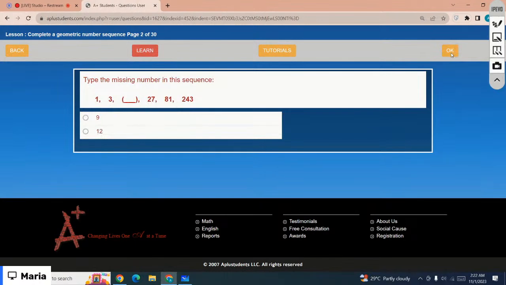Okay, the next one is type the missing number 1, 3, missing number, 27, 81, and 243. So which number is missing? Understand the pattern first, then find the missing number. So which number is missing? 1 times what number is 3? 1 times 3 is 3, right? That means each next number is the multiple of 3. So 3 times 3 is the missing number is